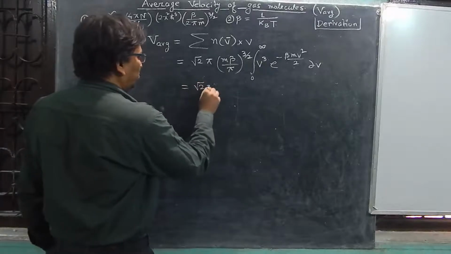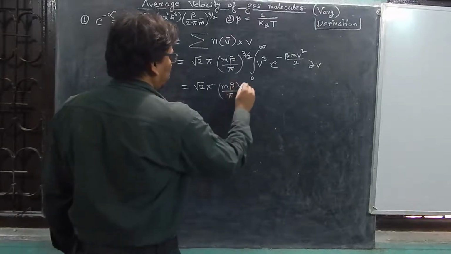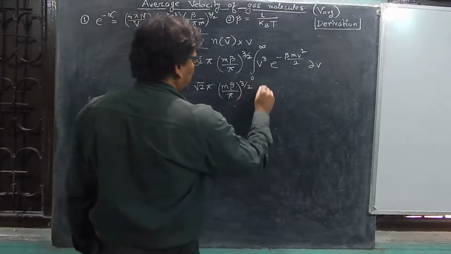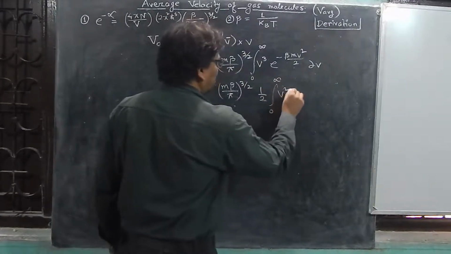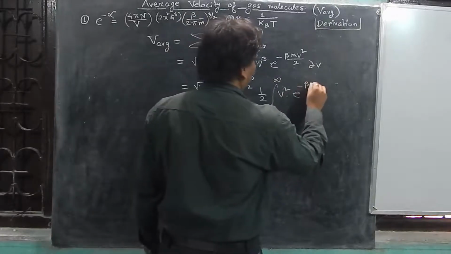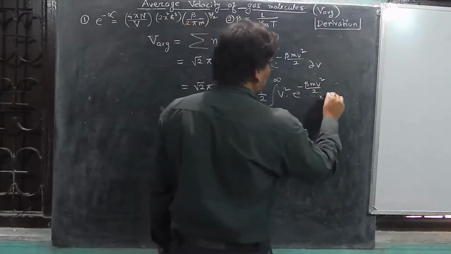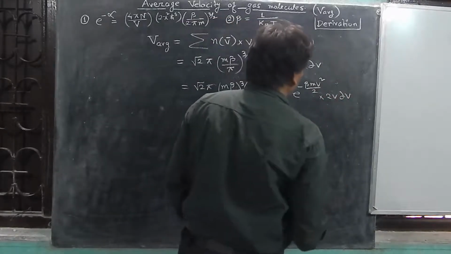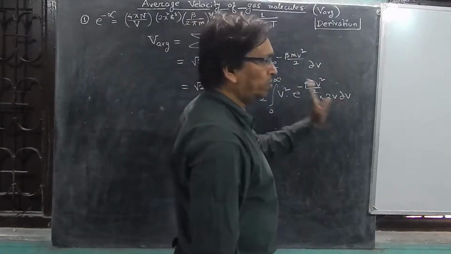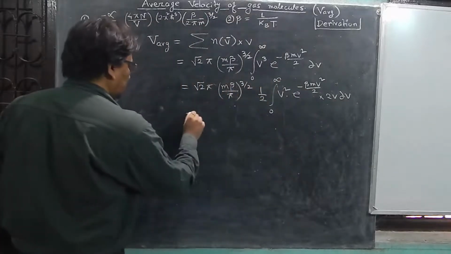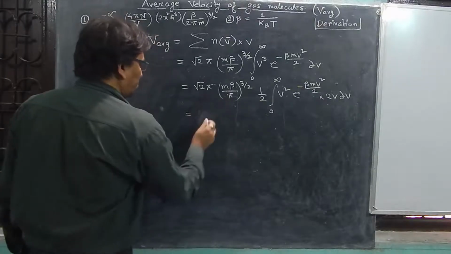So let us take root 2 pi, and this will be m beta by pi whole to the power 3 by 2, and let us take a half outside, such that we can write 0 to infinity. This is v square e to the power minus beta mv square by 2, and one v is remaining here, so we can write this 2v del v. We are writing 2v del v because if we take v square equal to z, then 2v del v will be del z. So for that reason, and since there is a half, you can write this pi by